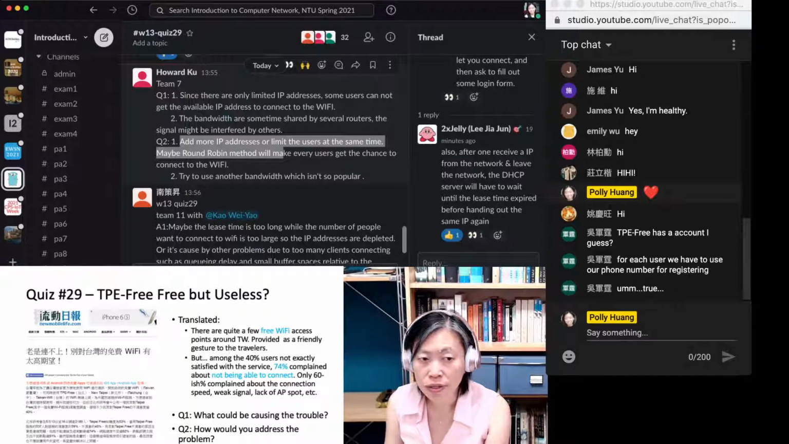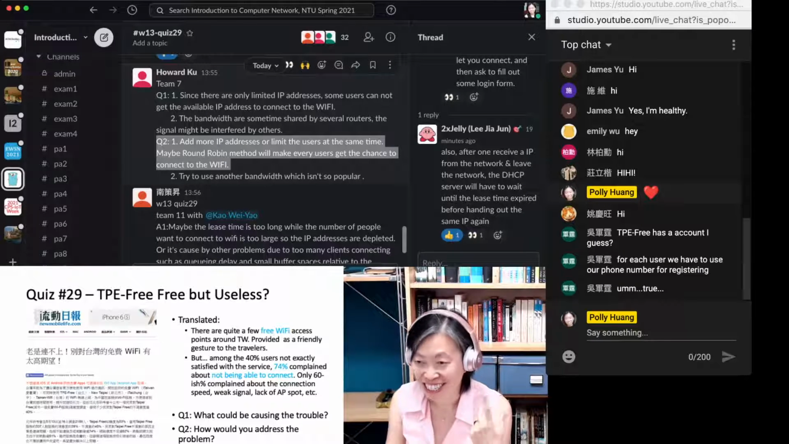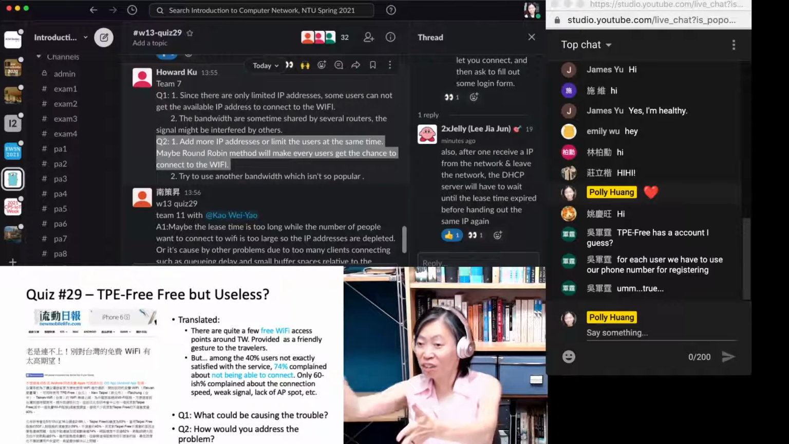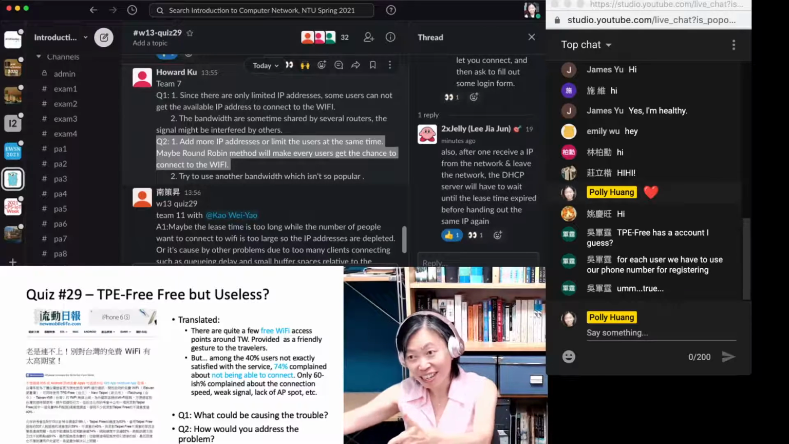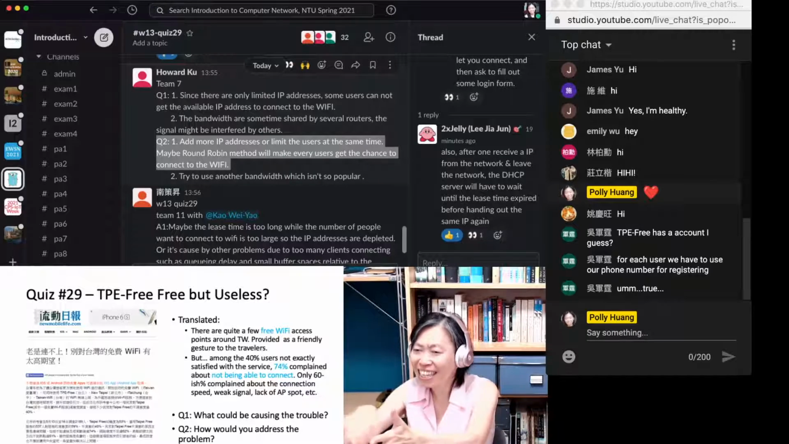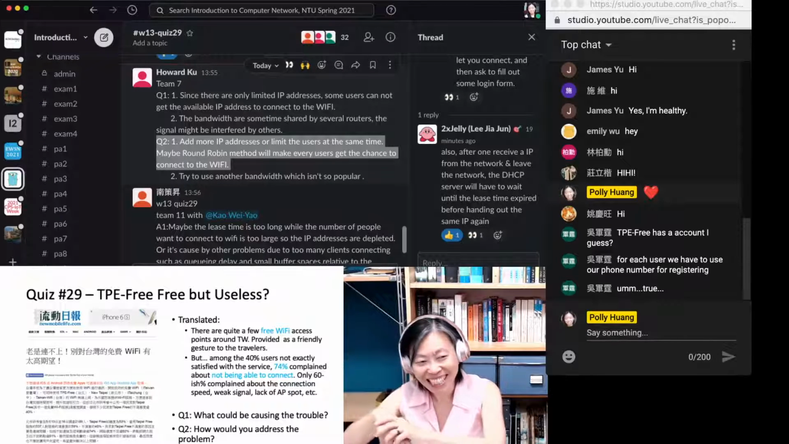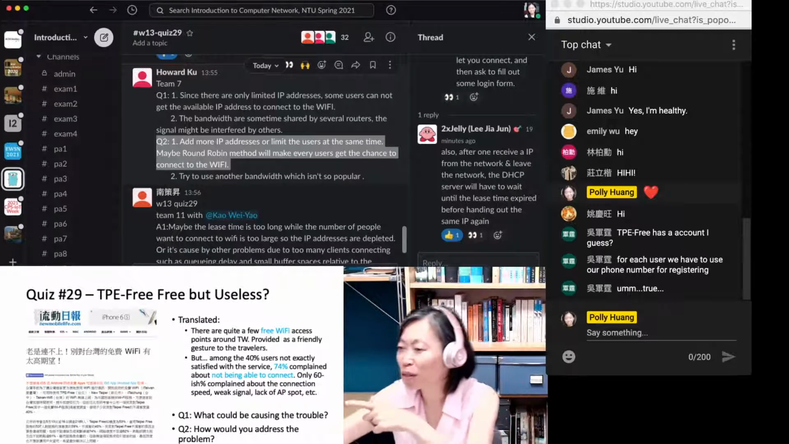Add more IP addresses or limit the user's lease time or usage time. Maybe round robin. Make sure the users get a chance. Very good. So the queue containing all these user IP address requests can be working in a round robin way, so we get around. But then, hey, how do you tell the individual users from these requests? Okay, then we bootstrap to the question that